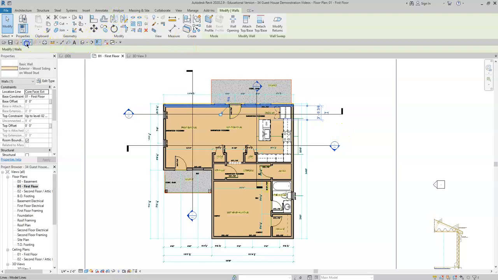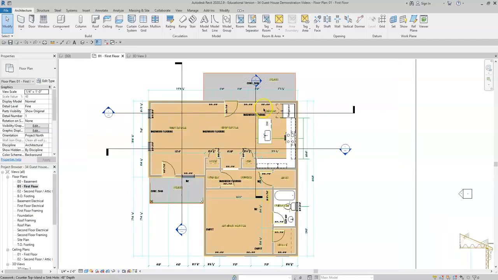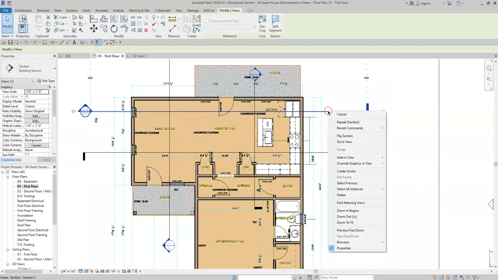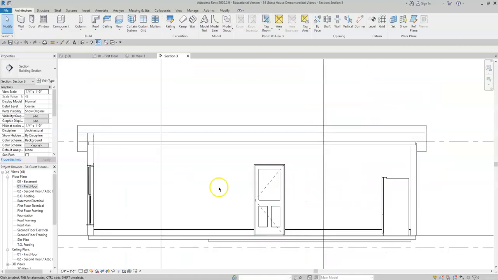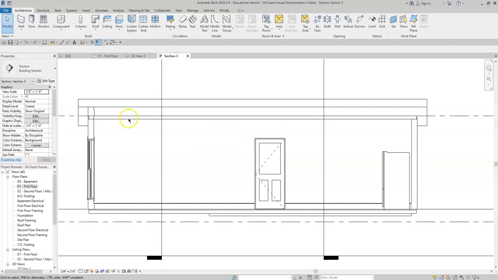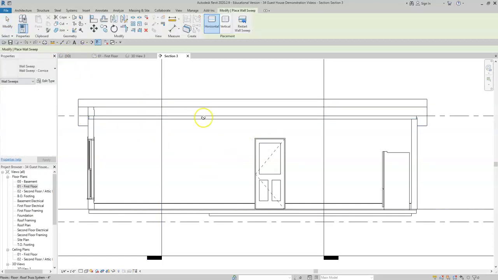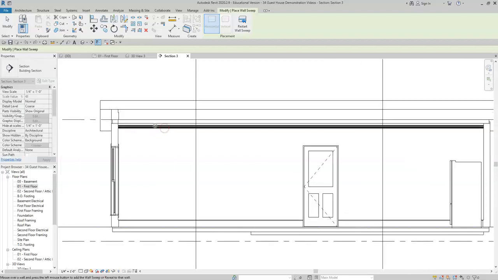Undo that. That was a mistake. Alright, there we go. Alright, so we're going to start with one of the walls, doesn't matter which. Go to View. Now you won't see the windows here. I've yet to add those. Just haven't done that yet as I'm filming these videos, but it doesn't matter because we're really only working with the trim right now. So we're going to go back to Wall Sweep. We have the wall sweep cornice selected, and I'm going to go ahead and click that down where I see it,